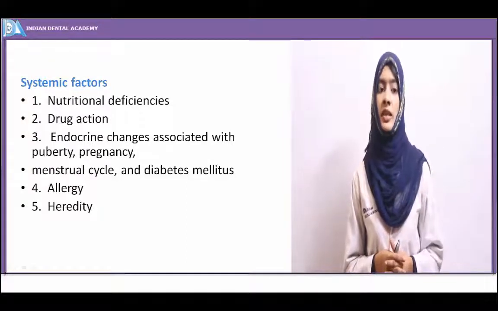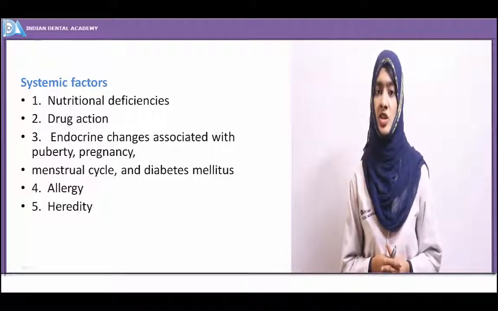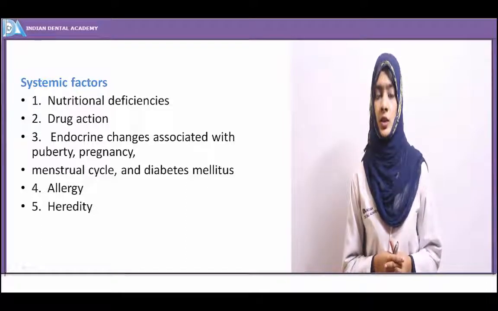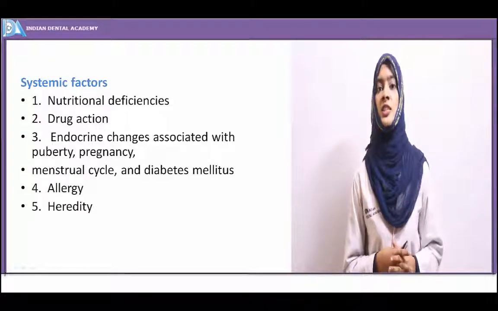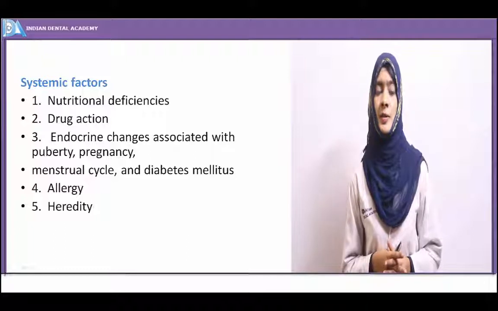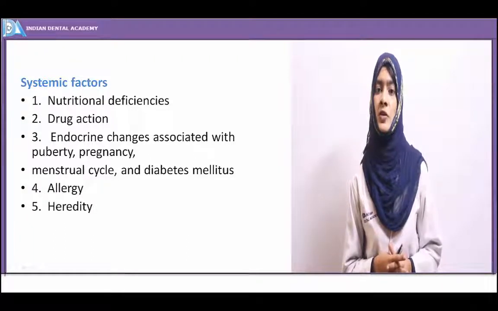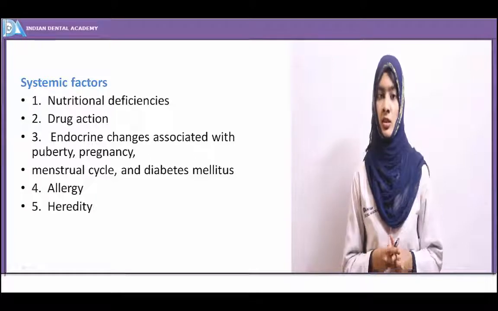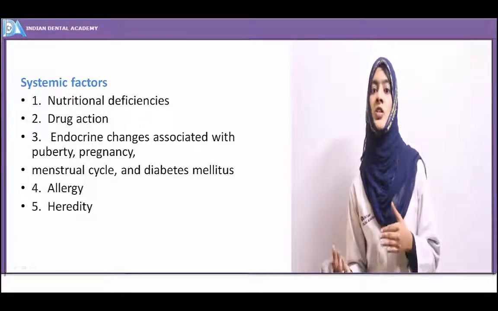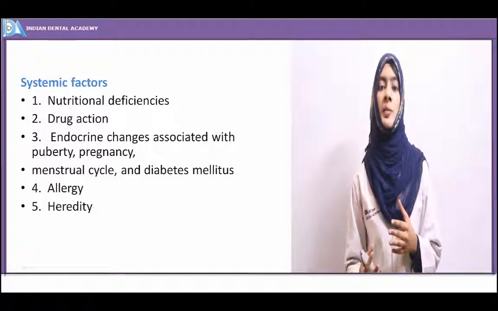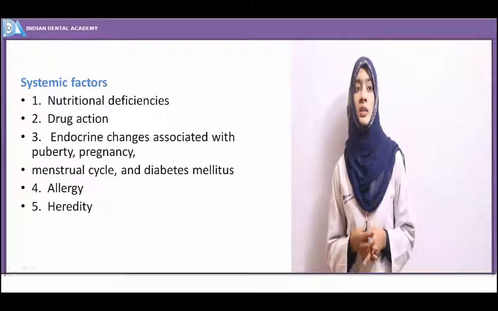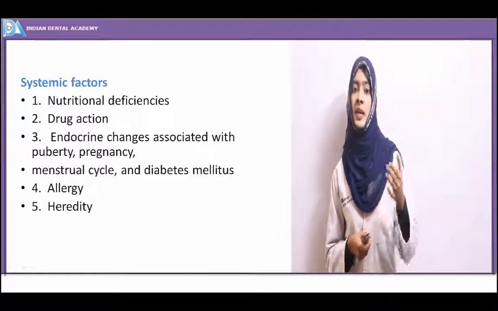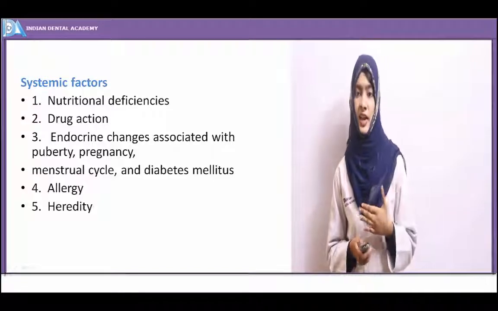Similarly, in pregnancy, we see the appearance of pregnancy gingivitis more commonly in the first or third trimester, 1 to 3 months of pregnancy. You see that the gingiva, the marginal gingiva, is reddened, swollen, shiny, and inflamed. That's because of a hypersensitivity response to a mild irritation. That is, a normal calculus may be present, but because of the underlying endocrine manifestation, that is the pregnancy, the hormone levels are elevated and it manifests a hypersensitivity response. And a few of the gingival diseases may be hereditary, especially hereditary gingival enlargement.